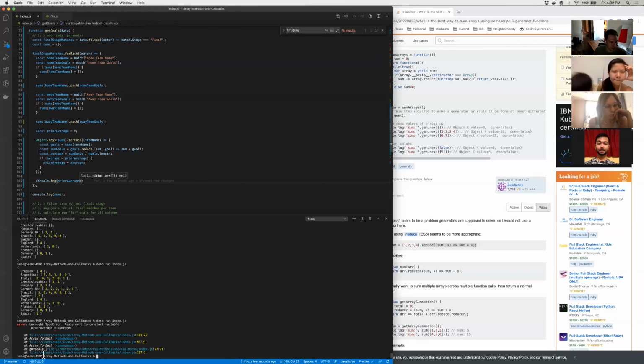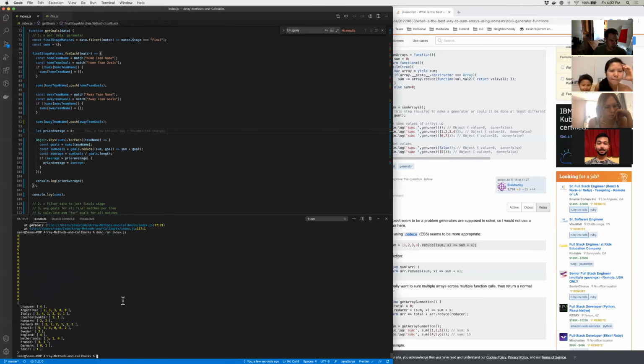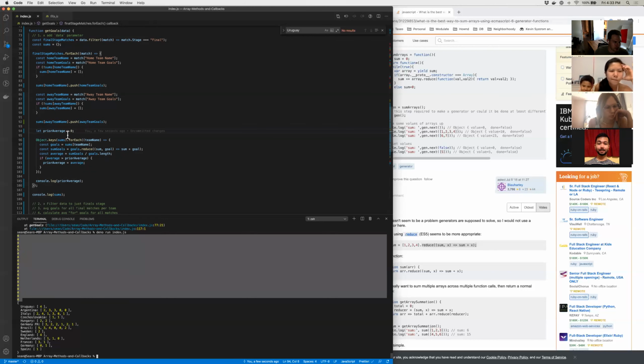Okay, so we got an error. Assignment to constant variable. So we can't assign values to constants here. I know this is a constant, but we're assigning it. So this needs to be let. So I'll change that to let. We'll run it again. All right, cool. And it looks like it printed out the prior average. Or maybe this is coming from somewhere else, but